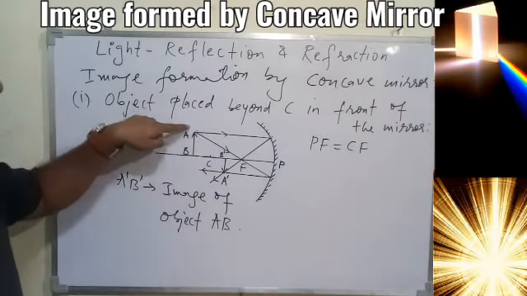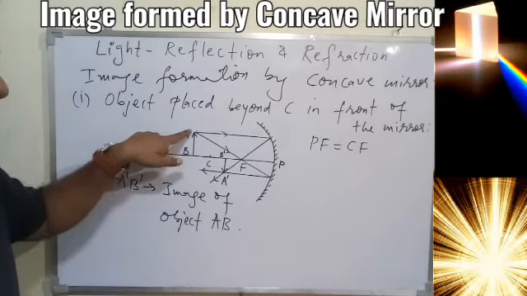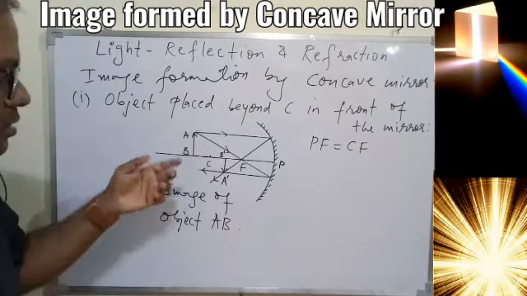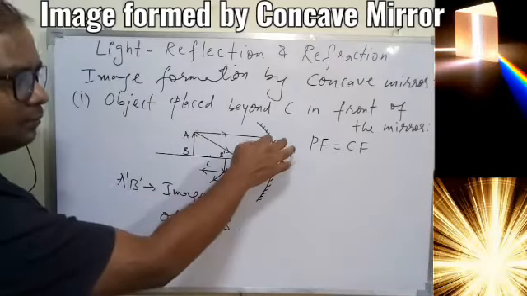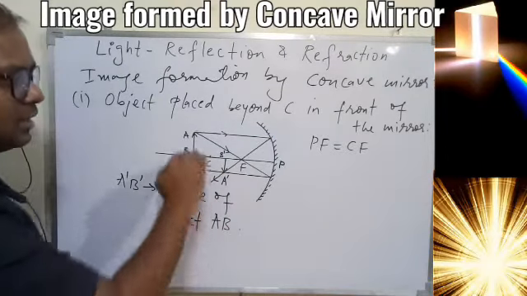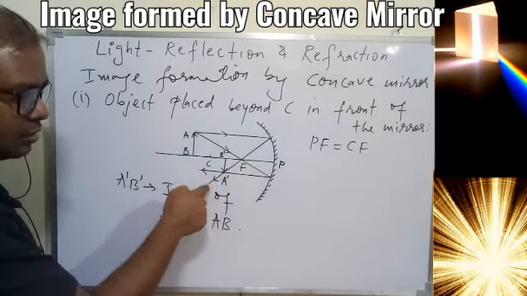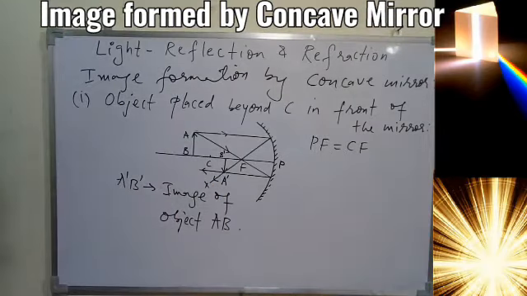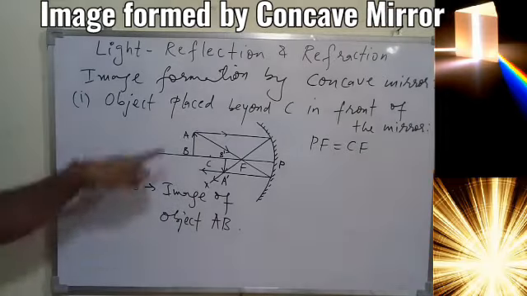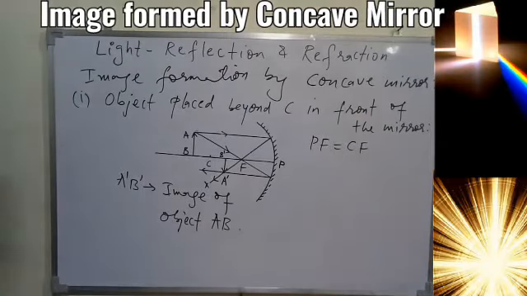Point A is reflecting the light in all the directions, so we have to take any 2 rays of light. I have taken one ray of light parallel, and we know according to the rule, if the ray is parallel, it will pass through the focus. So we can say this is your X, the very first ray of light that is reflected from the mirror, which is coming from point A only.